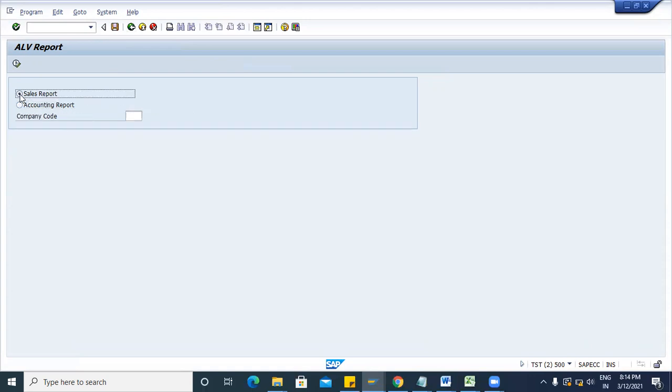Now click on the first. It will be that accounting document number is disabled now, and company code is enabled. Now if you select again, okay. So if we are selecting accounting report, then I just want to display only accounting document number. I want to hide this company code.